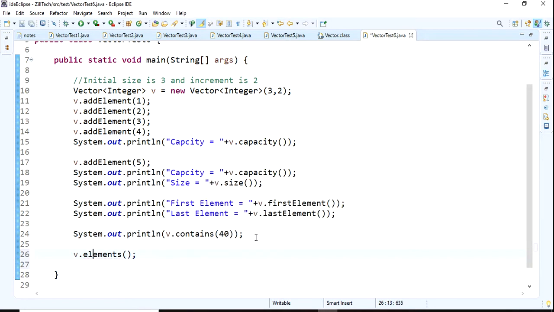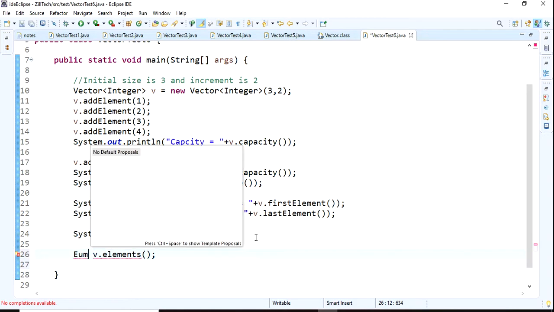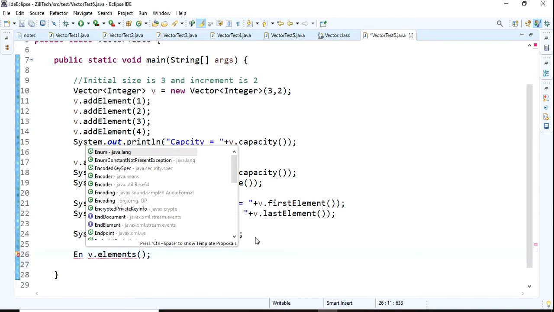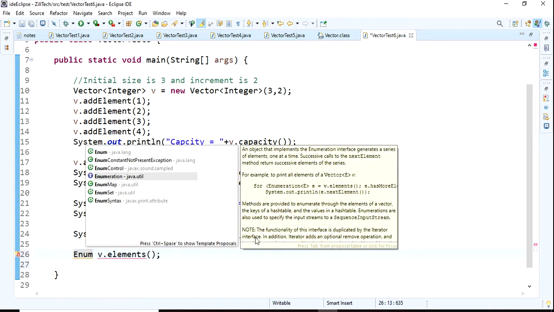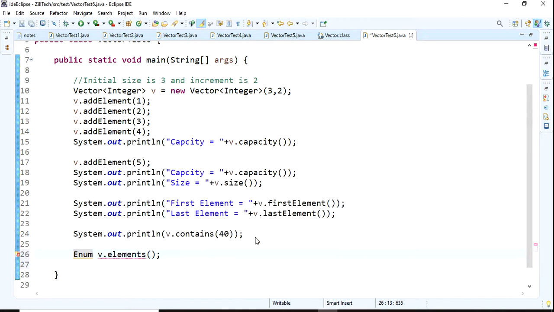Okay, to catch that we need the same reference, Enumeration. Enumeration of Integer. I am taking the reference as vector enumeration.